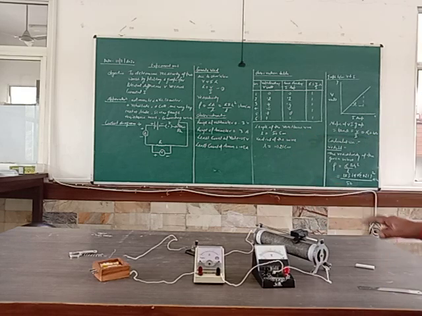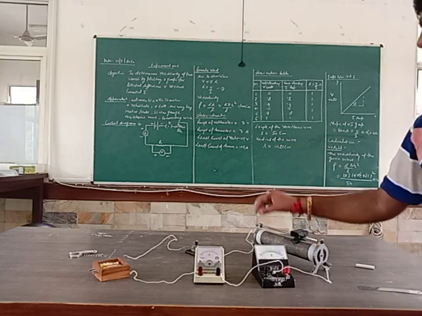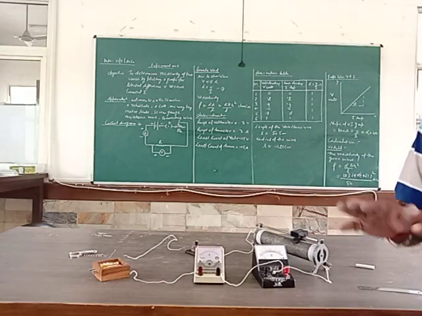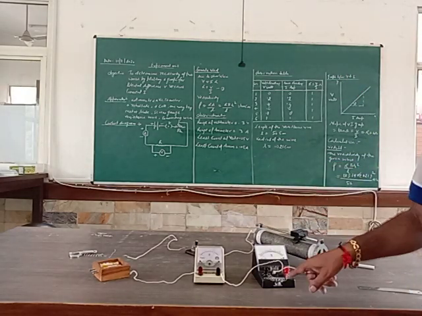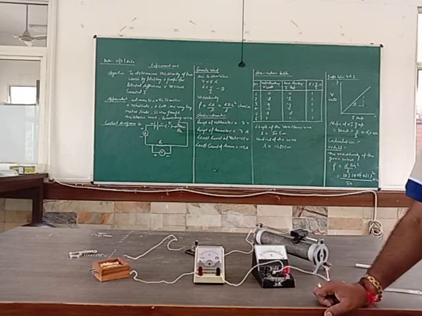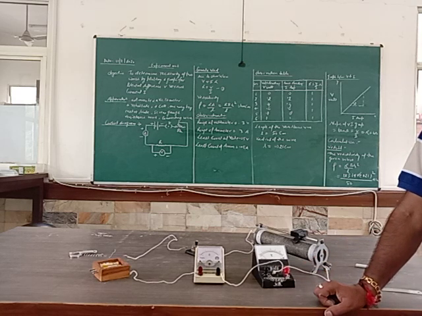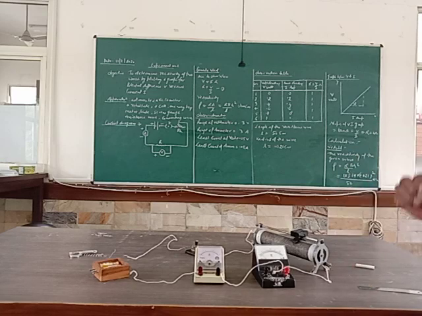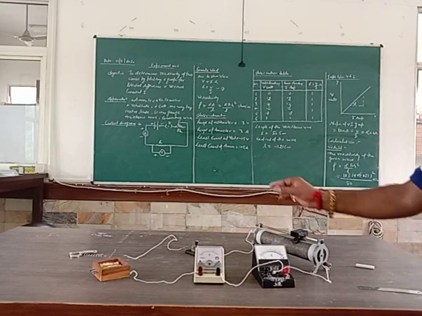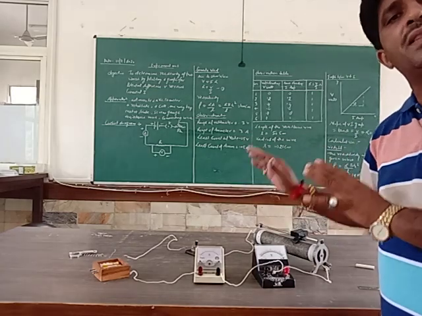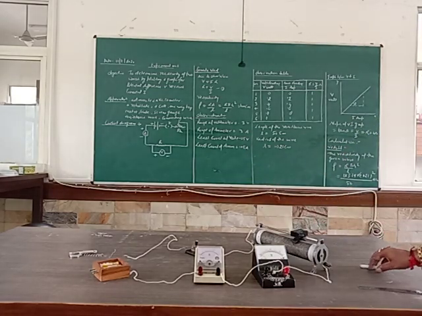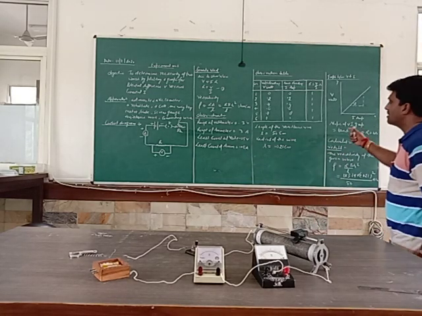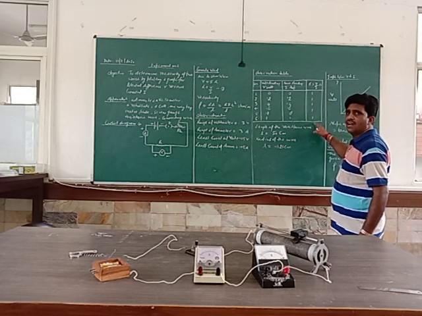The main precaution in this apparatus is that when you take a reading, close the key only then, otherwise keep the key open. Because when current flows continuously in this wire, the wire becomes hot and its temperature changes. The physical condition does not remain the same and the resistance will vary. So when you take the readings of voltage versus current, close the key only for the reading, otherwise keep it open.